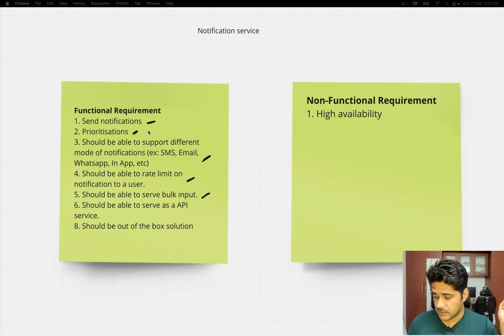Then finally you should be able to serve it as an API. By API I mean, in companies like Amazon or Flipkart, you have multiple services who want to send notifications to their users. For example, an order service wants to notify the user about the state of their order whenever it is changing.